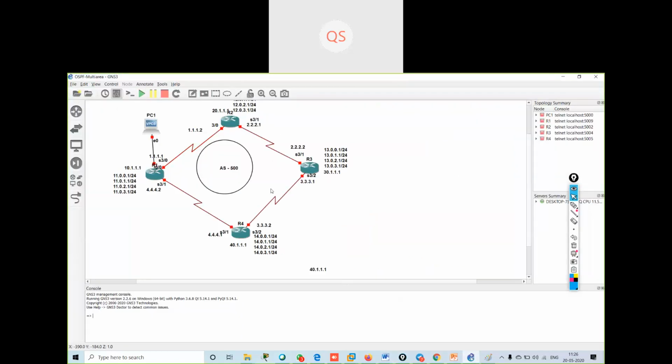If I go over here, I will not have the configuration.